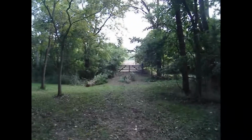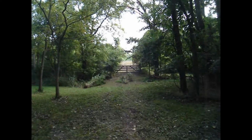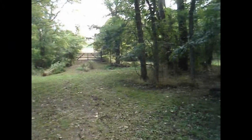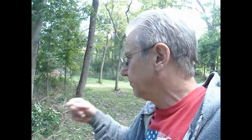This broke yesterday when I pulled out those from over this driveway. See the driveway where the gate is? It had them growing in there, and they were too big to cut down and run over. I had to pull them out. So anyway, Petro 062 reporting for pulling out some of the bush